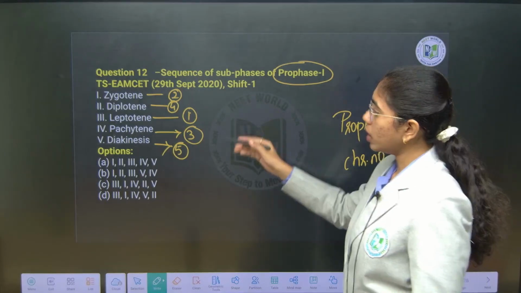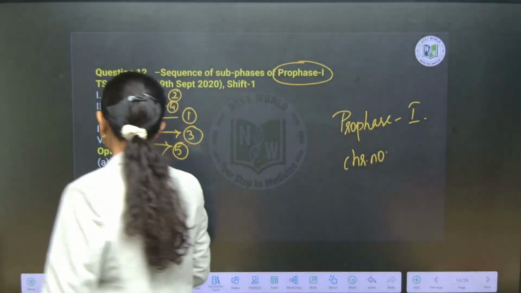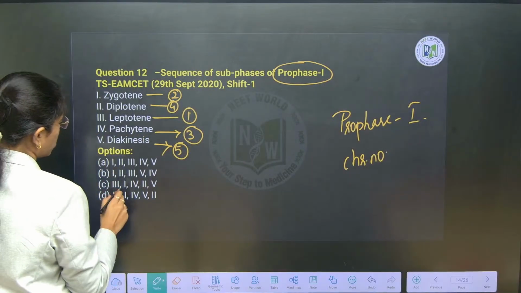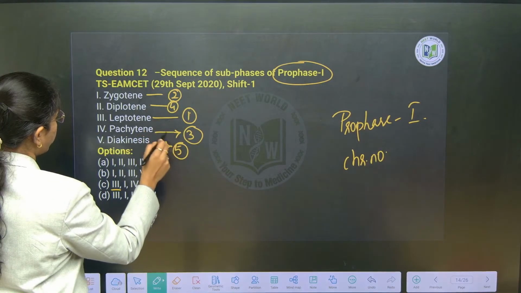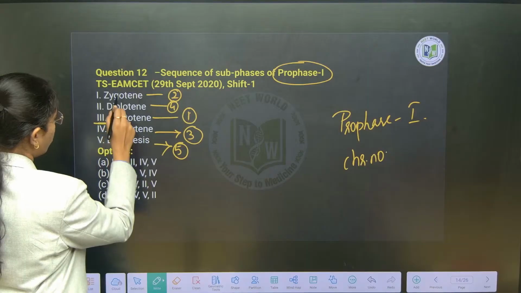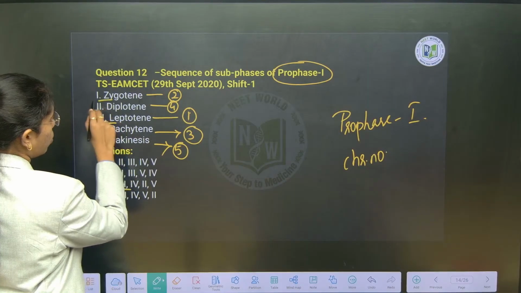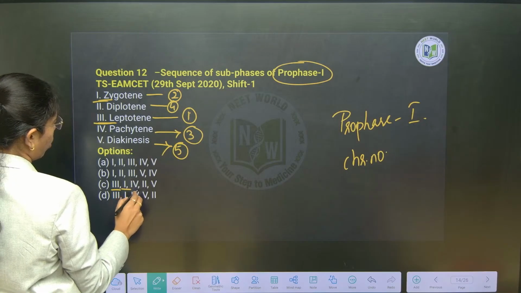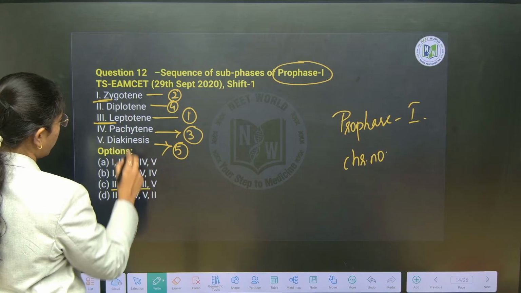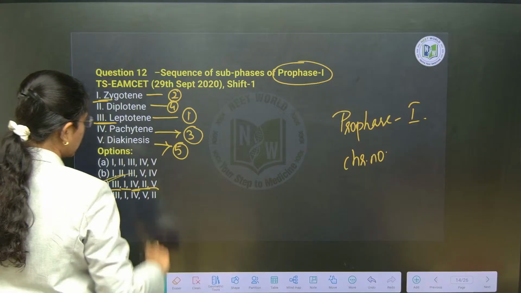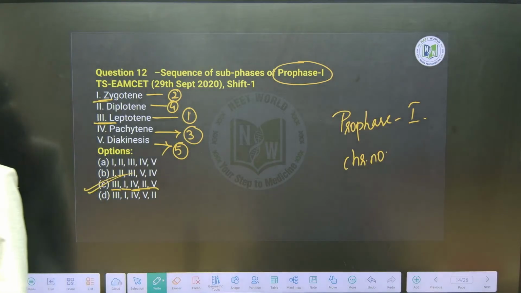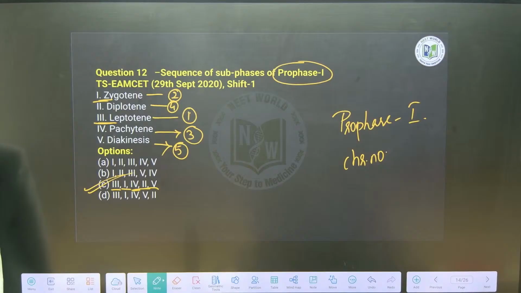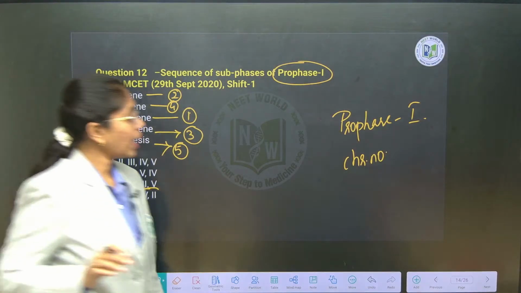So here if you see the sequence of this properly, first is 3 followed by 1 followed by 2 followed by 4 and then 2 and then 5. Option C is the right answer. Clear everyone? Any doubts anywhere? Yeah. Next if we observe